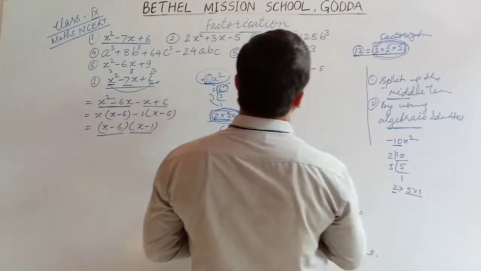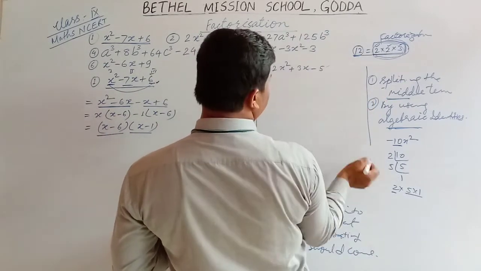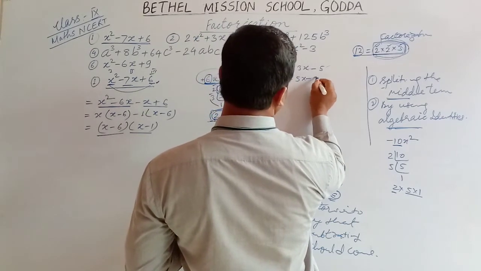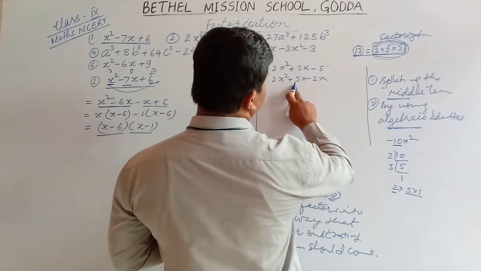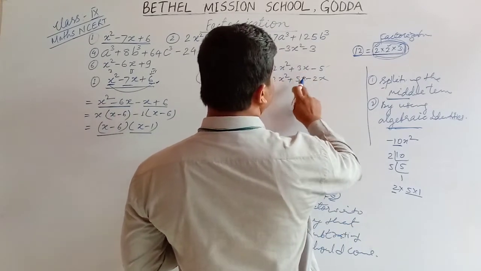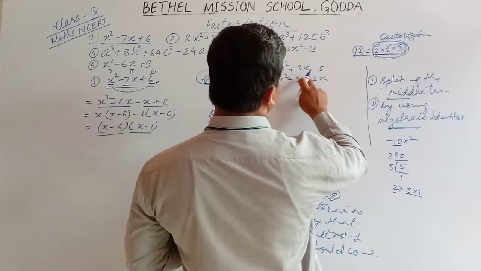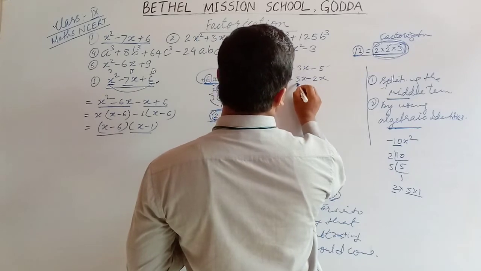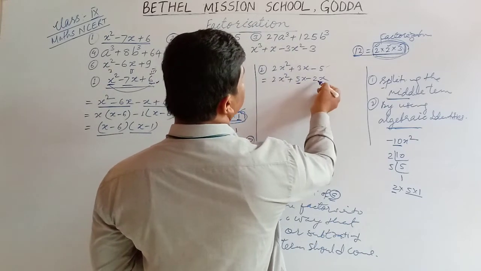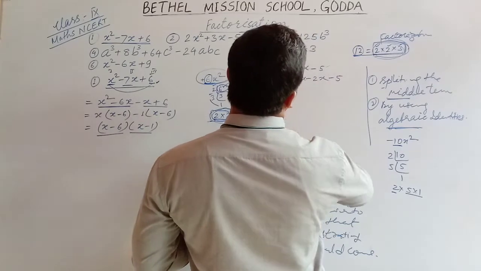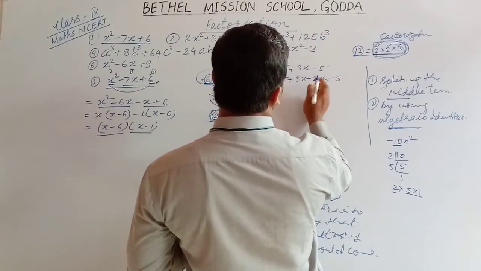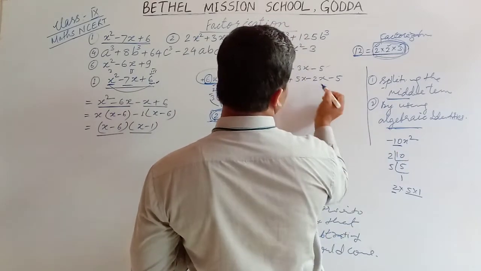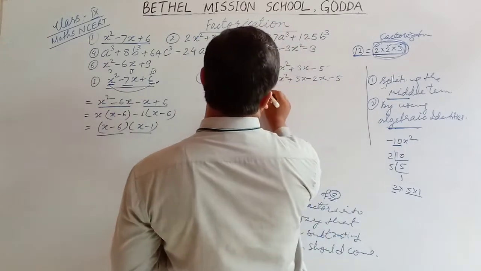So these two groups will be there, 5 and 2. So 2x square plus 5x minus 2x, plus 5x minus 2x, plus 3x will come. If you keep minus here and plus here, then what will be? Minus will come here. So the bigger will be positive and the smaller will be negative. Minus 5. And after multiplying, you will get the product. You see, plus into minus, minus 5 twos are 10, x into x, x square.